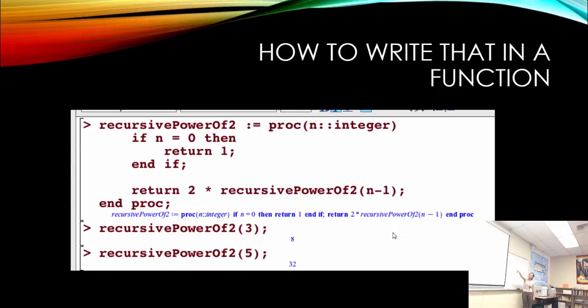Sends in 2. 2 is not equal to 0. Goes to the recursive call. It'll be 2 times the recursive call of n minus 1. All right. We send in 1. 1 is not 0. Again, we call that recursive call.